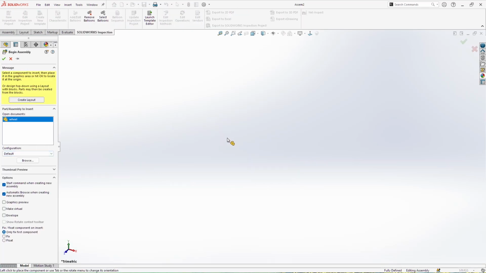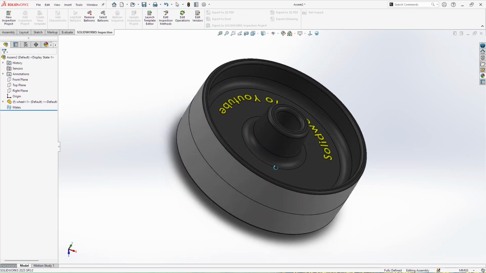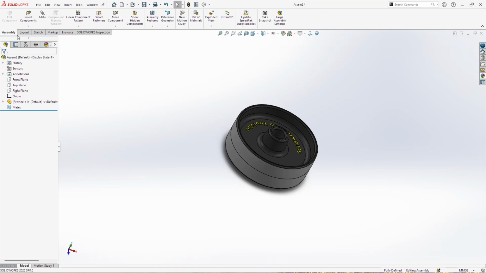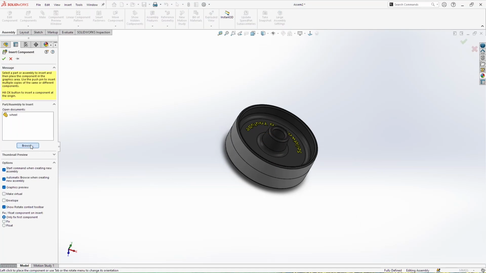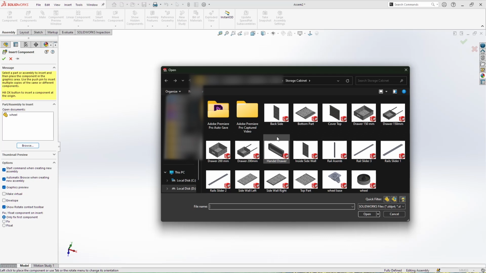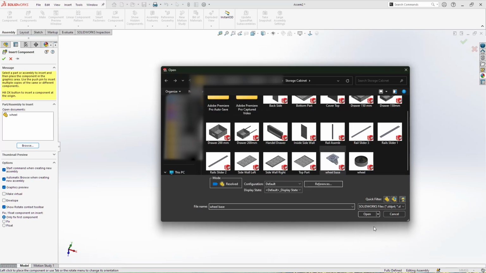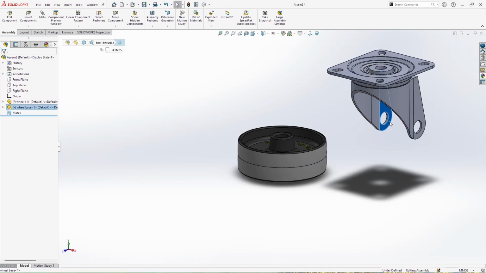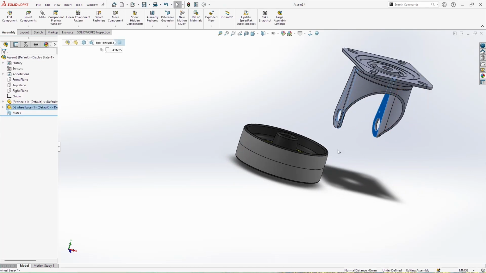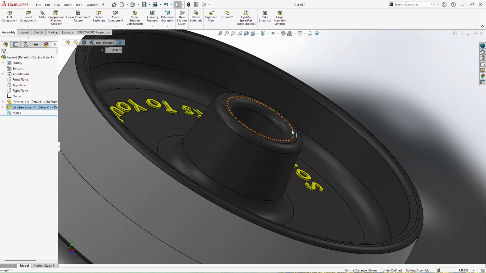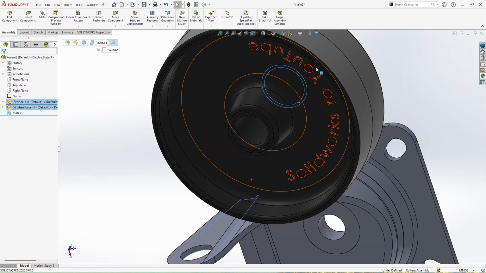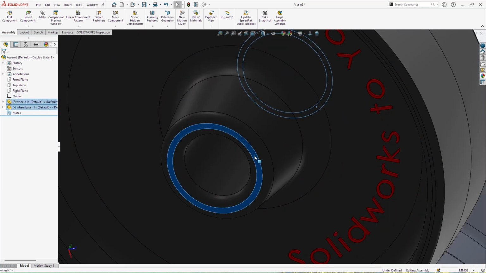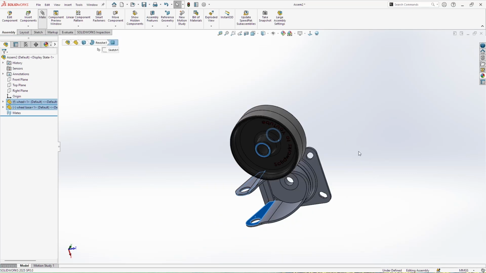I'm going to add this wheel here. And now I need to add the base for the wheel. Go in insert component, search, wheel base, open. I'm going to select these two sides here, or surface, and these two surface. Click mate,